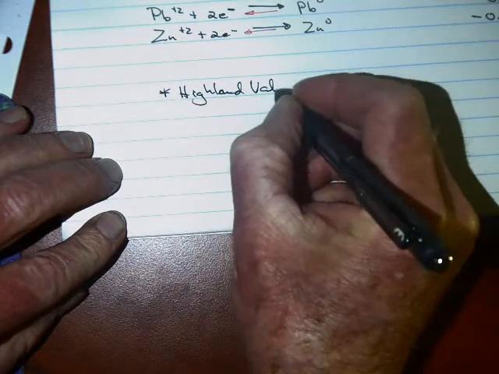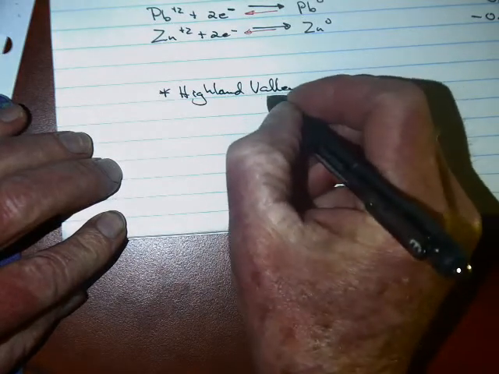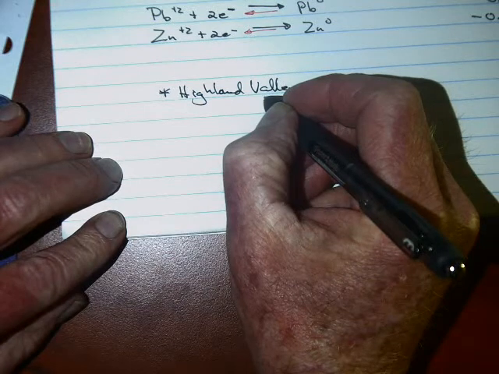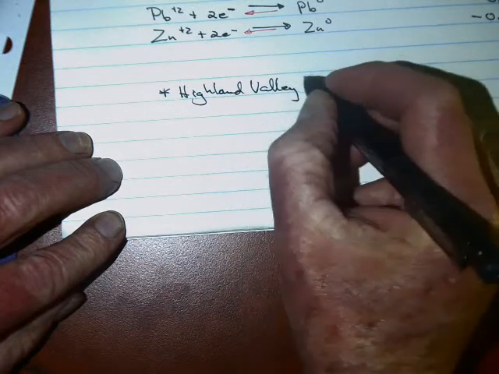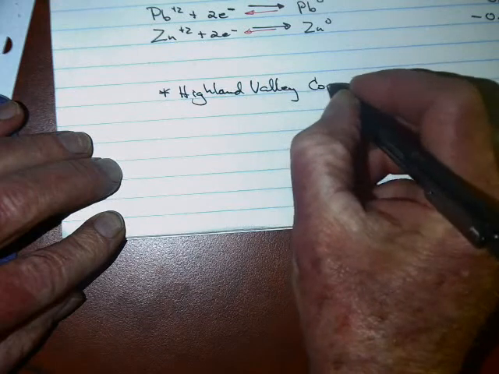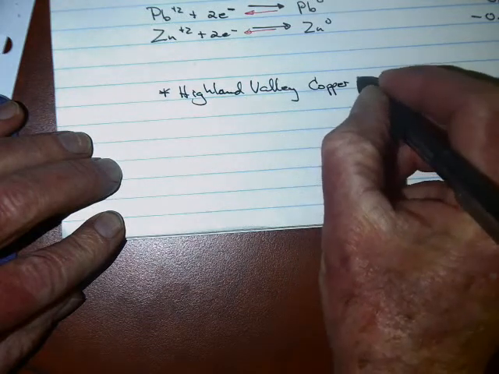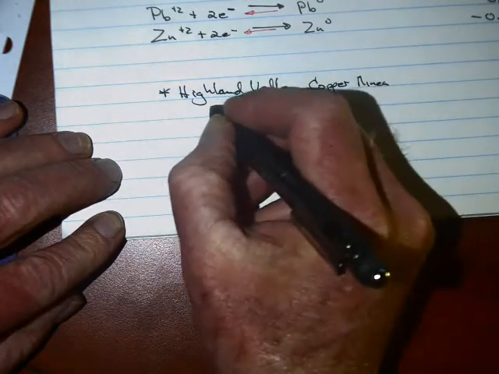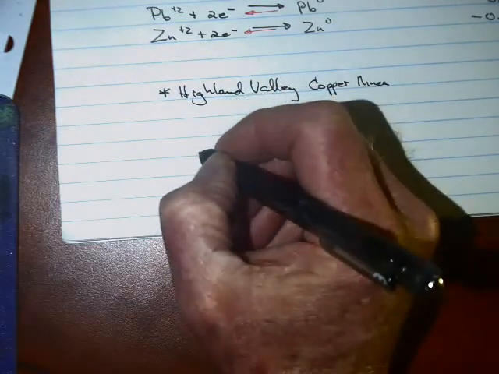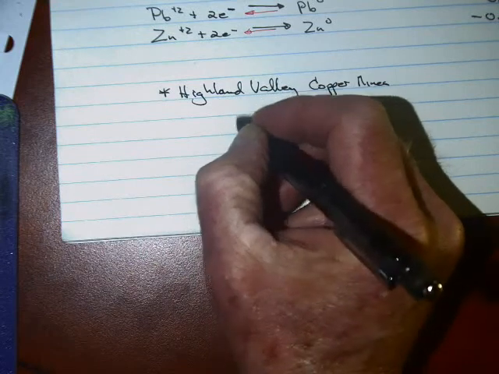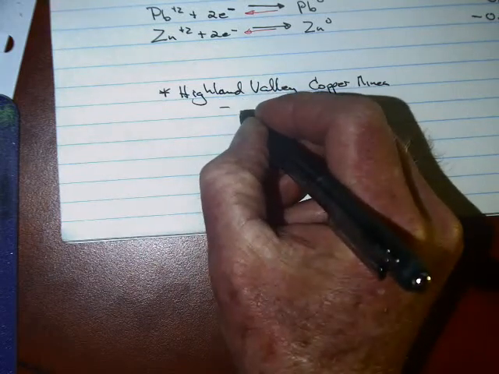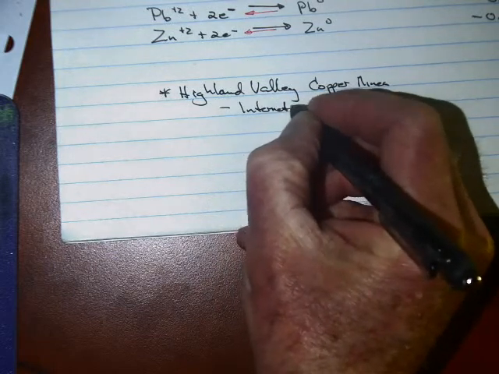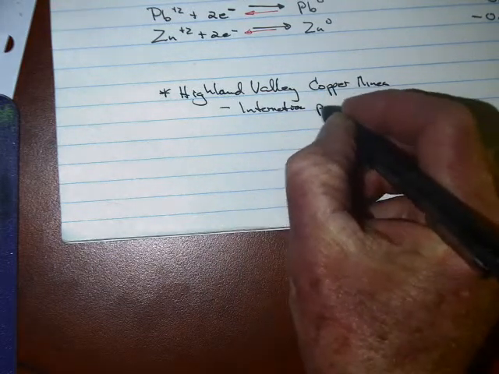It's between Logan Lake and Merritt. But Highland Valley copper mines, back in the 80s, you guys weren't around, but in the 80s the economy went really south, and so the international price of copper tanked,